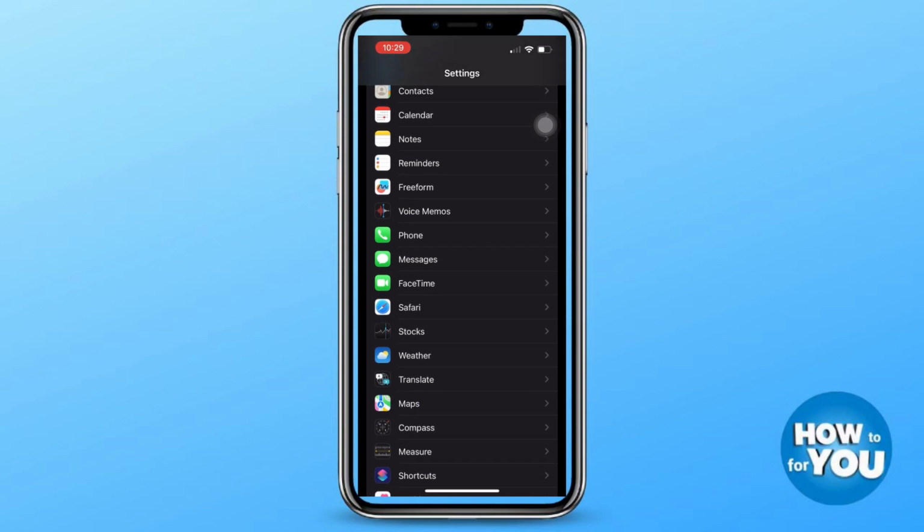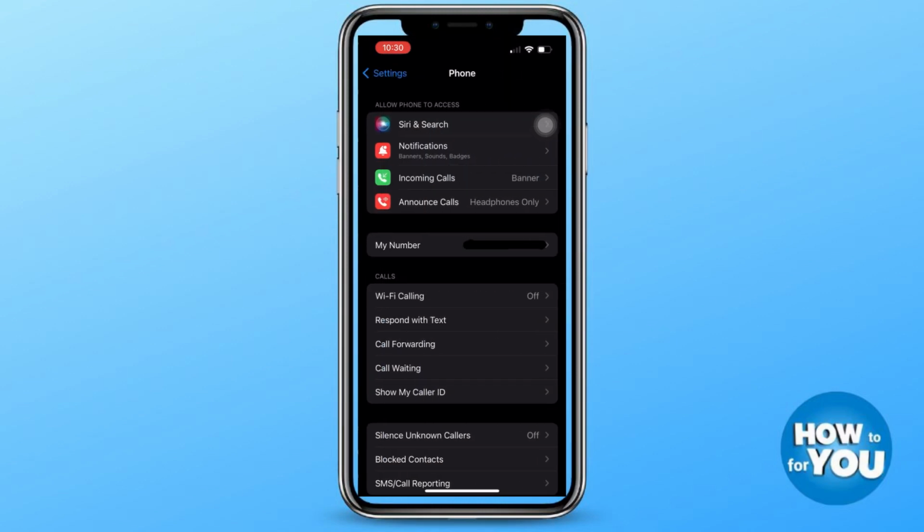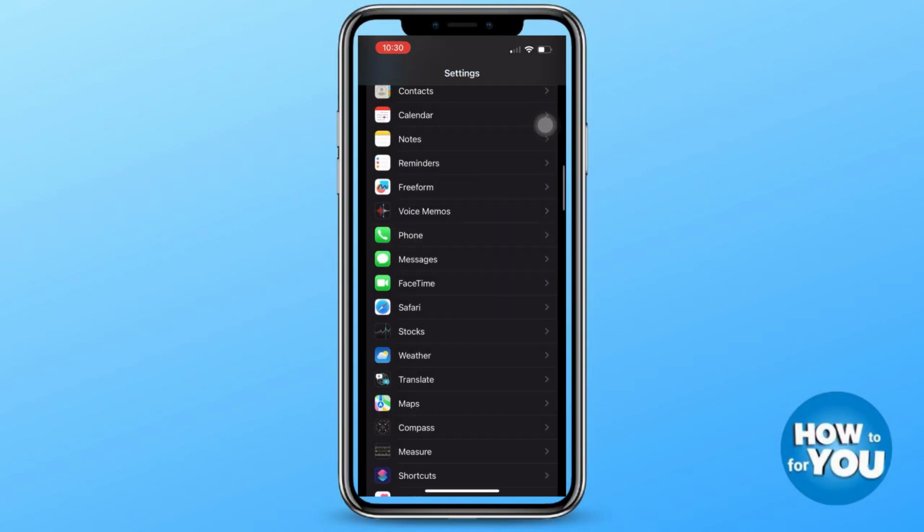For this video, I'll be teaching you 3 ways as to how you can find your phone number on your iPhone. First option is by pressing the phone icon, and here, you'll immediately see your number beside the My Number option. If you're looking for another way to see your phone number, you can go back to settings and press